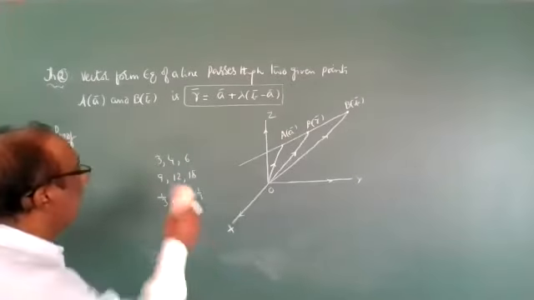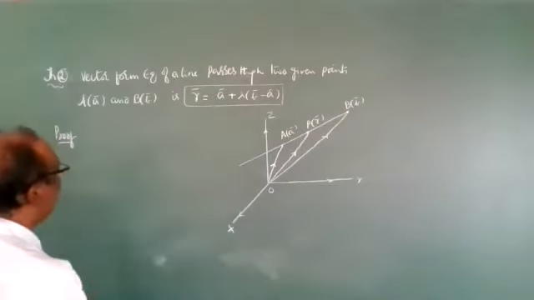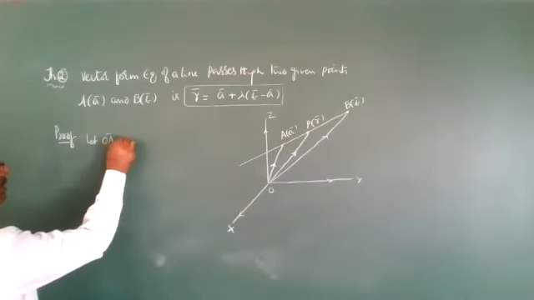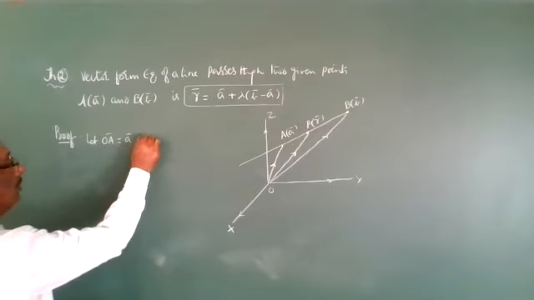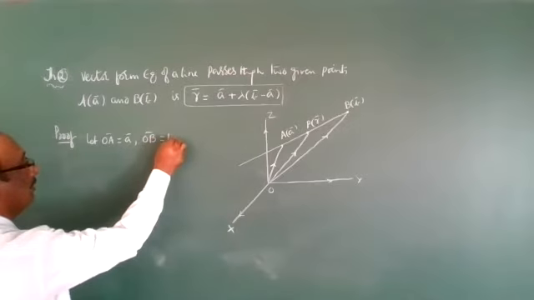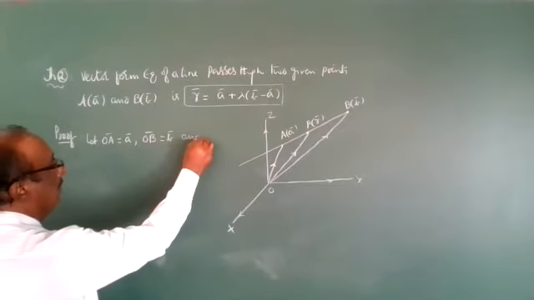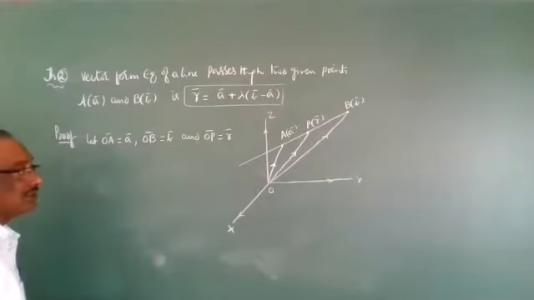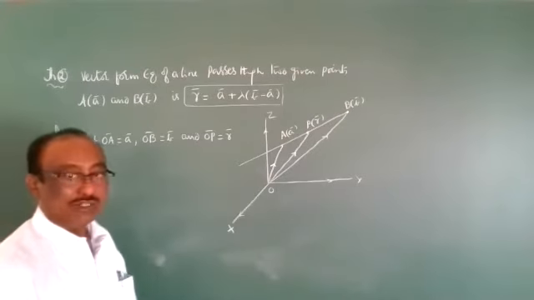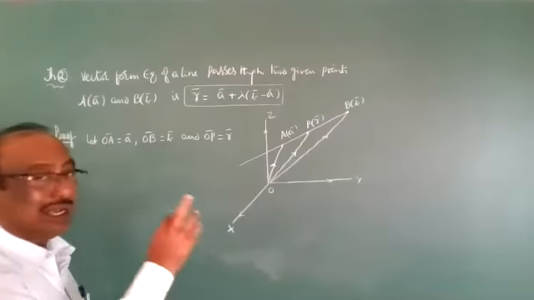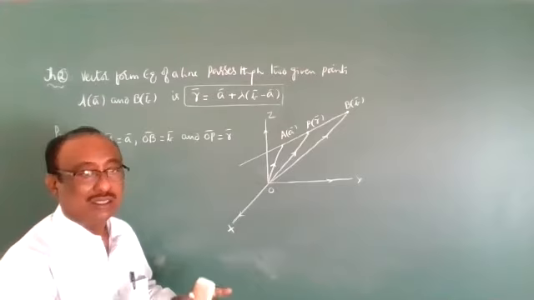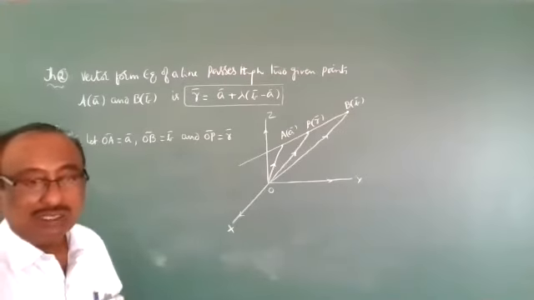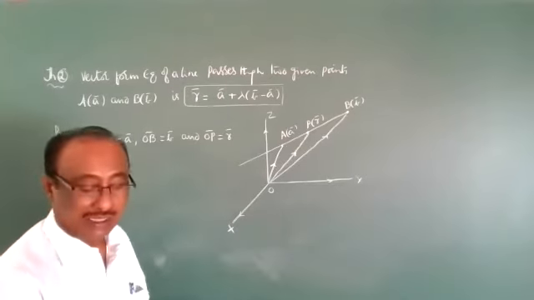Then we first write down the constant t. Let OA bar be A bar, OB bar be B bar, and OP bar be R bar. Next, we have to observe by the triangle law. First, the triangle law. Already we know AP bar, how can you write it? The theorem is there, that is why we can take the triangle law.